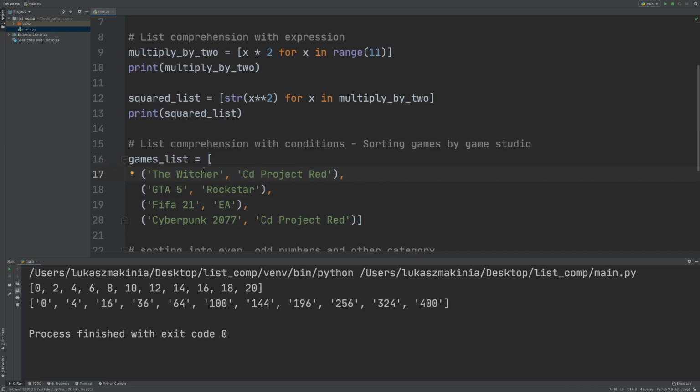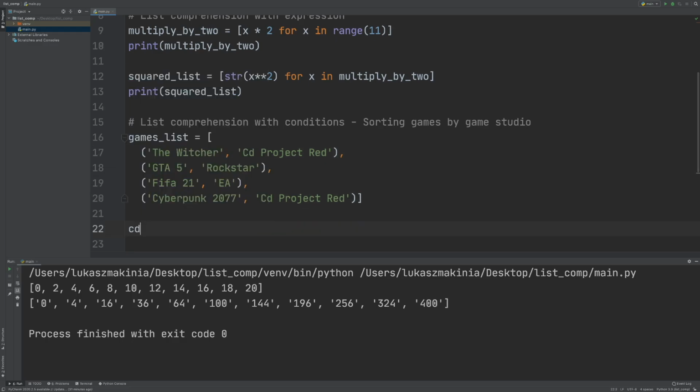And here we have 4 games: The Witcher, which is created by CD Projekt Red, GTA 5 by Rockstar, FIFA 21 by EA, and Cyberpunk 2077 by CD Projekt Red. So what we would like to do is to get the games created by CD Projekt Red, all right? So I'm just going to create a variable called CPR